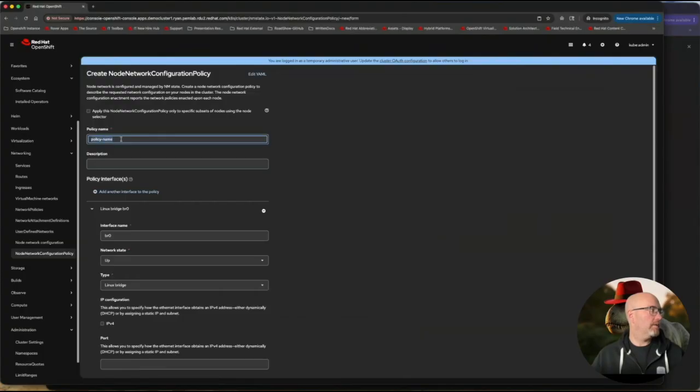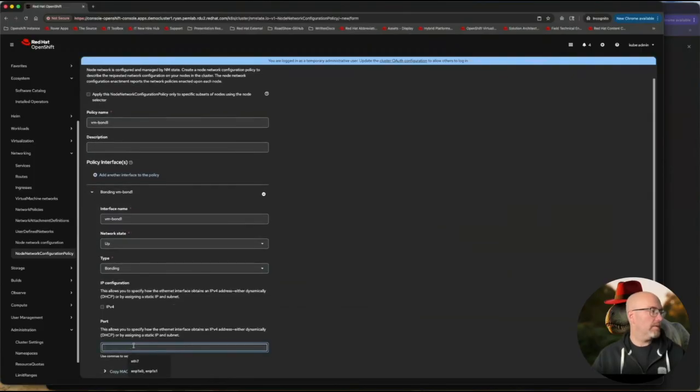create a new policy. So we're going to call this bond. Let's call this VM bond 1. You can add a description if you would like. I'm going to leave that off. Network state will be up, and we'll do bonding. This is where you're going to add your port information. To find that information,